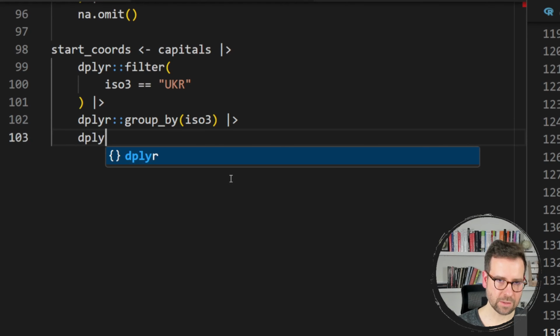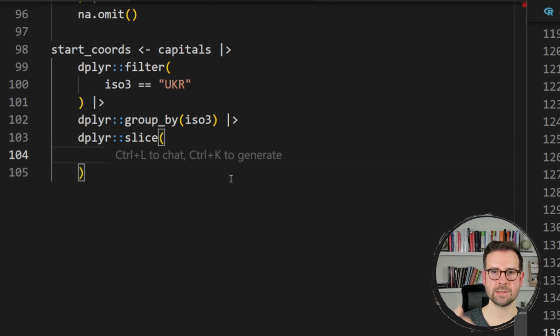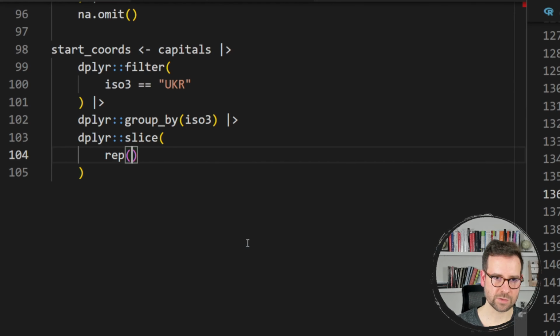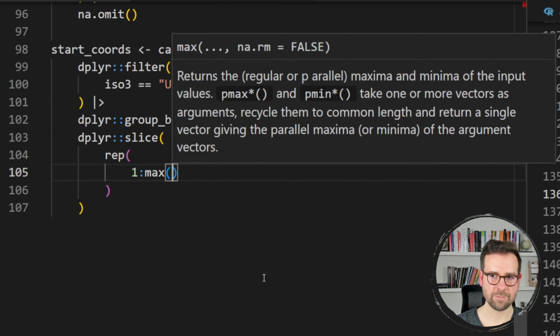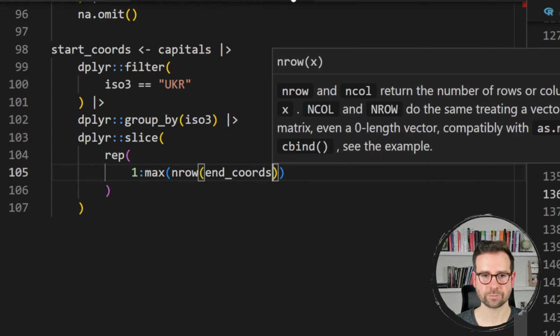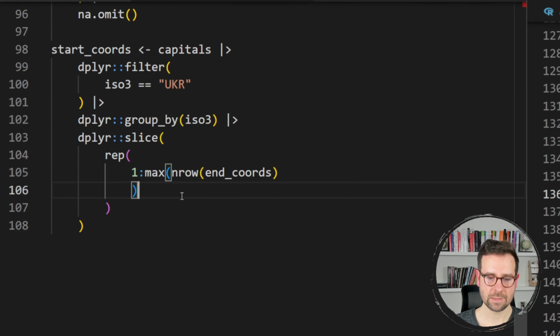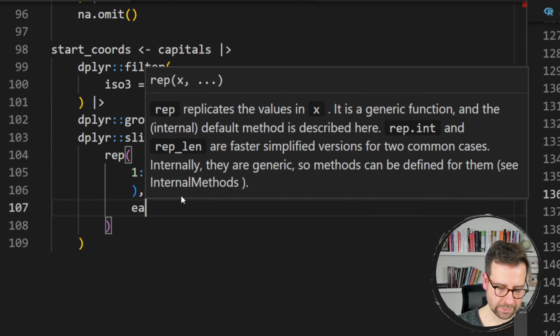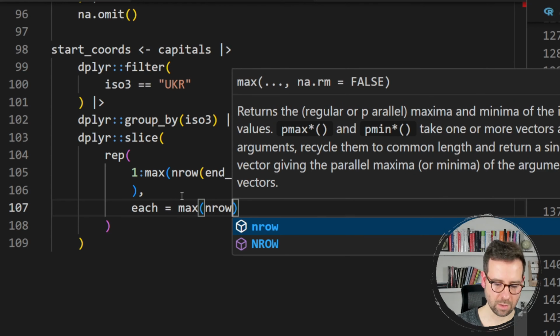And then there is a very convenient function in dplyr, which is called slice, which is going to help us exactly duplicate these values for each number of rows in this end ports data frame. So here, first of all, we need to repeat the values from 1 to the maximum number of rows of end ports. So this seems quite straightforward: repeat until each equals the max of the number of rows of end